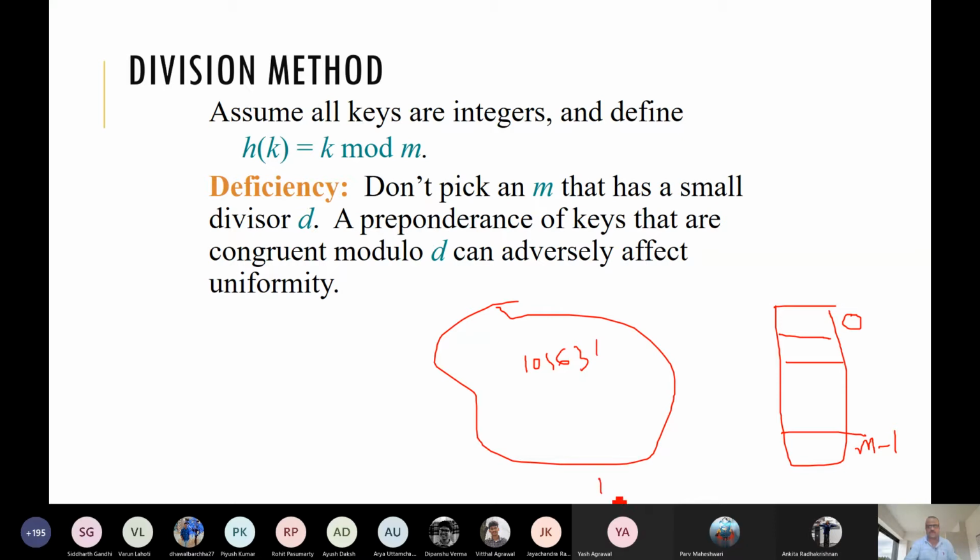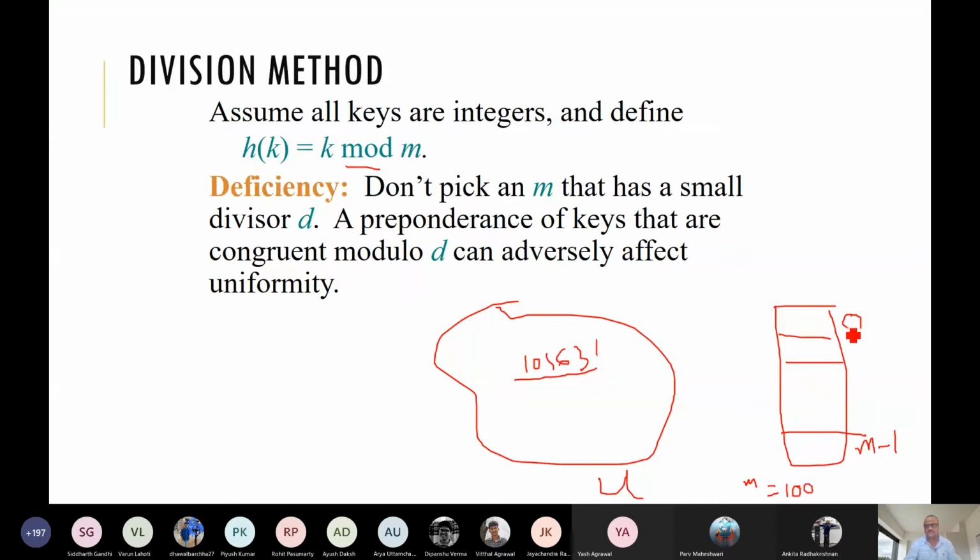Any integer could be our key. The easier way is to take the mod, the division. If you want to output 0 to m minus 1 from any integer, you take the mod. Now the question is whether this is a good hash function. If you take any key, it will map to one of these slots when we take the mod, because mod means we divide by m. Suppose m is say 100.